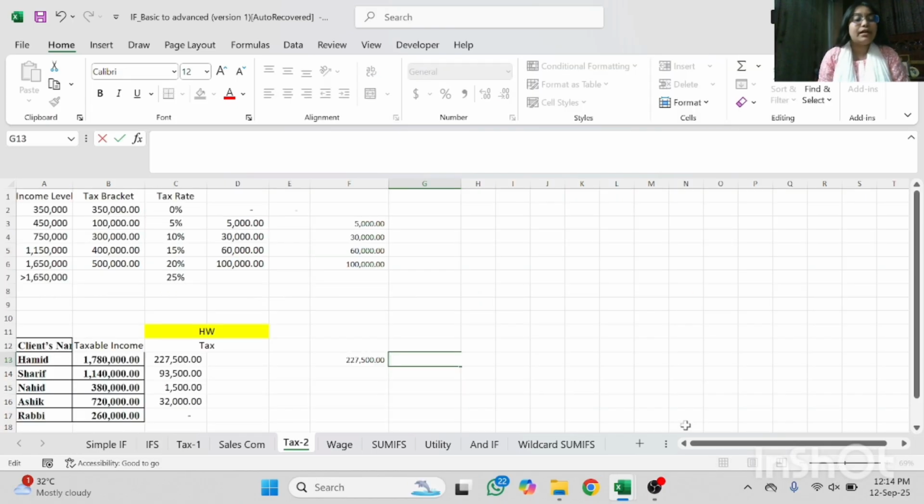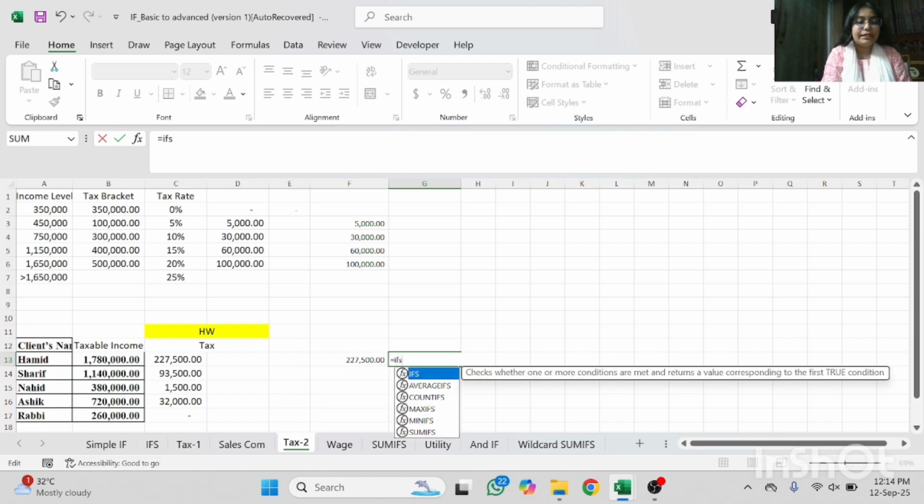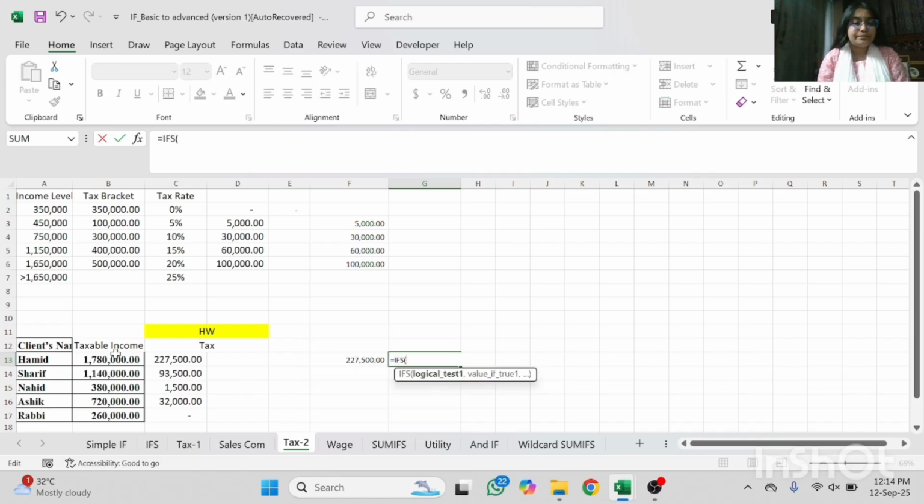Here we can see income level, tax bracket, tax rate. If we multiply the tax bracket with tax rate, then we will know how much each client should pay tax for each income level. So now calculating the tax. Equal IF tab, B13 greater than A6, comma, sum